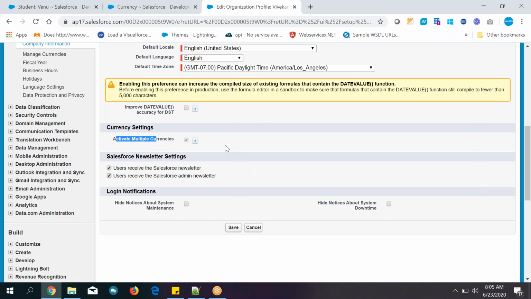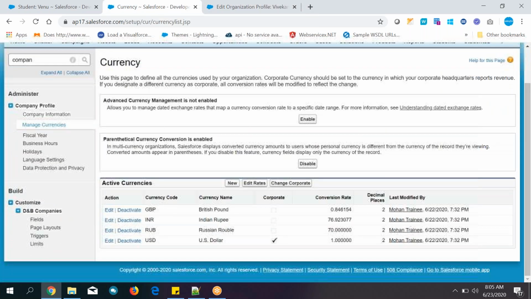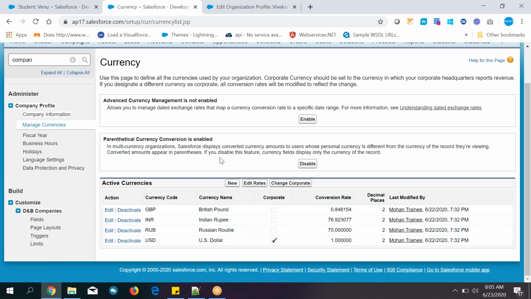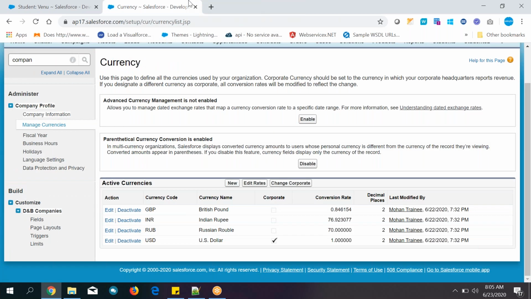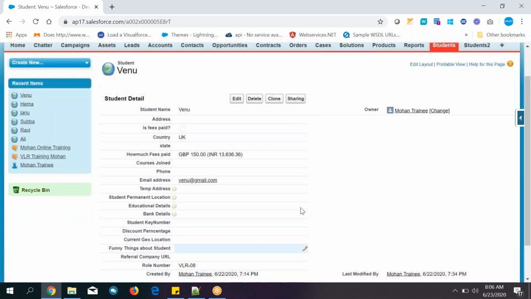That means your company is organizing their business in different countries. So we have activated multiple currencies. That is a business requirement, and these are the company locations, business units. Technical term is what? Company business units. And based on that, we have provided this. Okay, that is done. You need to select it manually from this one. You understand, you need to select it manually.